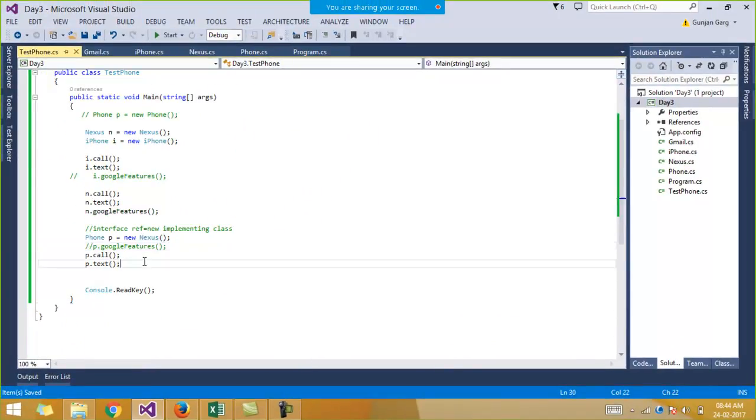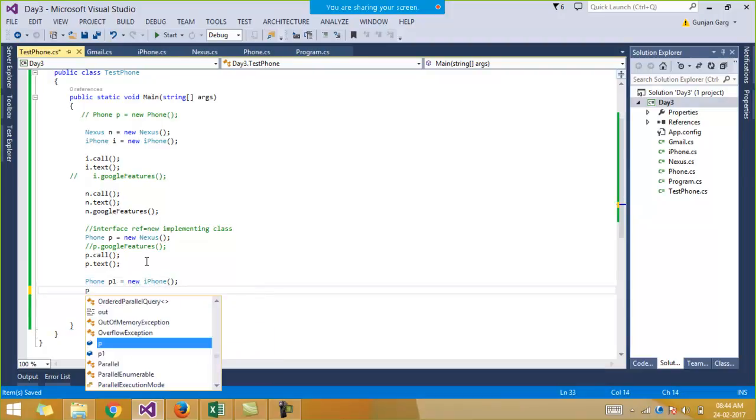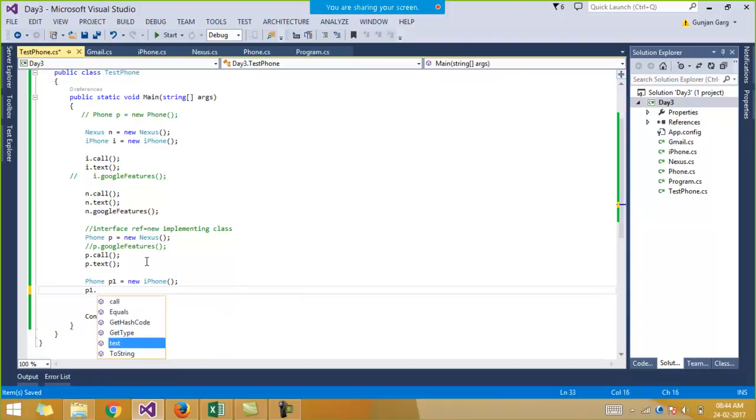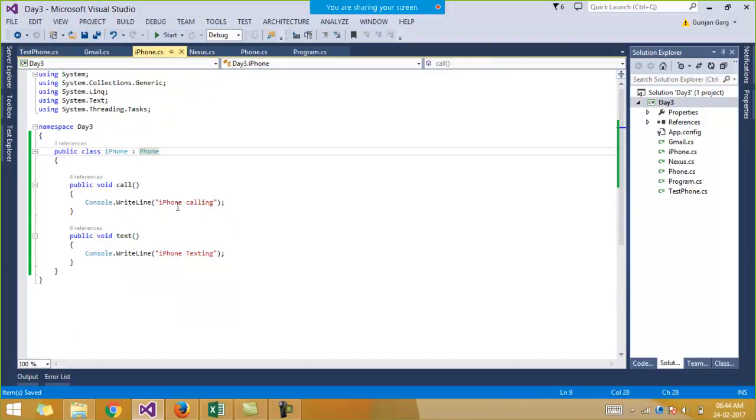Similarly, we can even create the object of the iPhone class in this way, new iPhone. With this P1 you will be able to call the call and the text function. Now P1 is pointing towards the iPhone class, so it will simply call the call and the text function of the iPhone class, iPhone calling and iPhone texting.